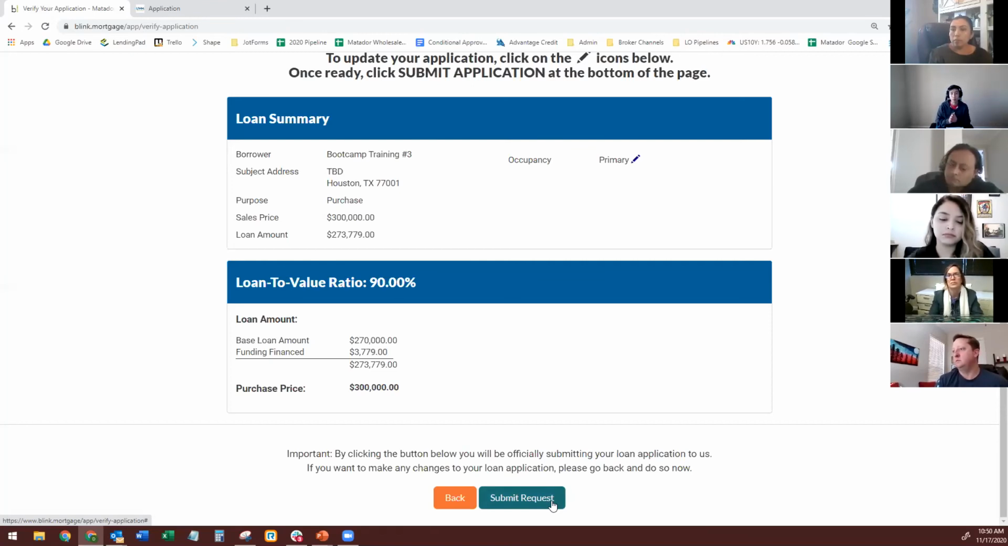Okay. But once they hit submit request, then it's just taking the file from Blink, moving into Lending Pad, getting back on the phone with the borrower, and just going through the application with them, making sure everything's nice and neat. And how much of the